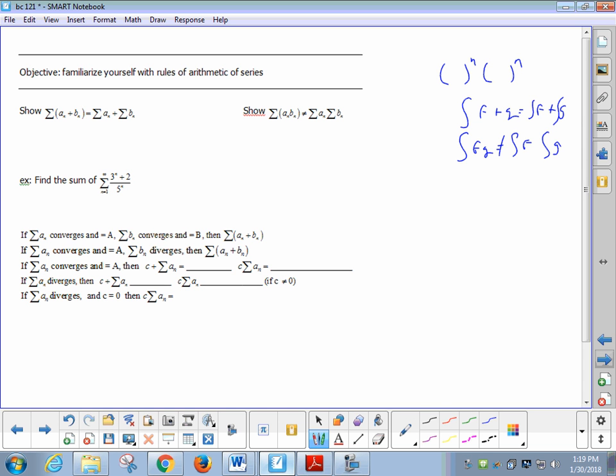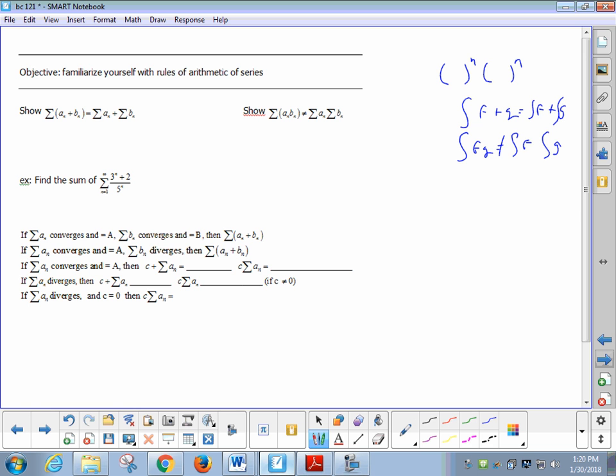Okay, so let's talk about a little bit those rules so you know what's allowed and what's not allowed. Say you had a series, the formula for which was the sum of two different things. Maybe it's square root of x plus 2 to the x or something like that. Is it acceptable and is it true that that's the same as the separate series of those two? Well, it says right there, show it. So yeah, you can say it's true. How could you show it?